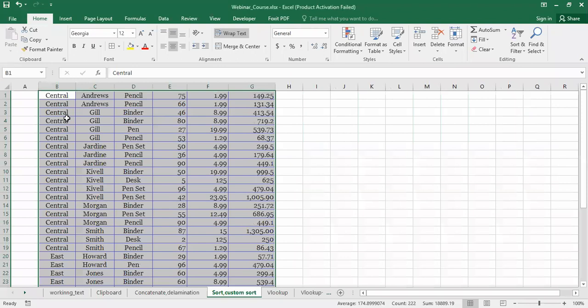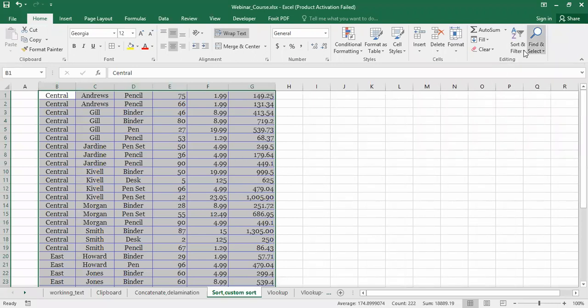Now you can see central, central, central, central. In that, A, G, J, K, and again in that, we have used this C, right? So whatever you can see, under this AA, PP is there, under GGG, B and then P is there. So this way the data has been sorted. So this is again a very powerful tool. So this way we can sort the data any way, right?